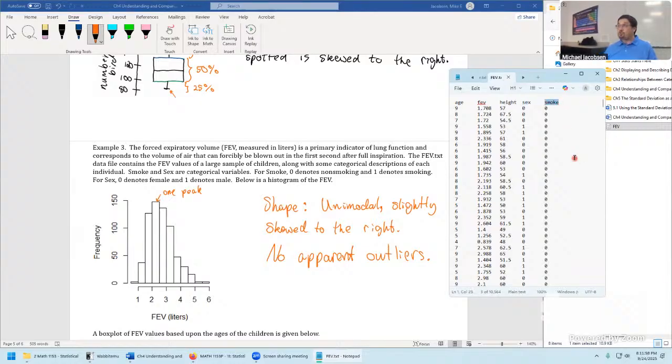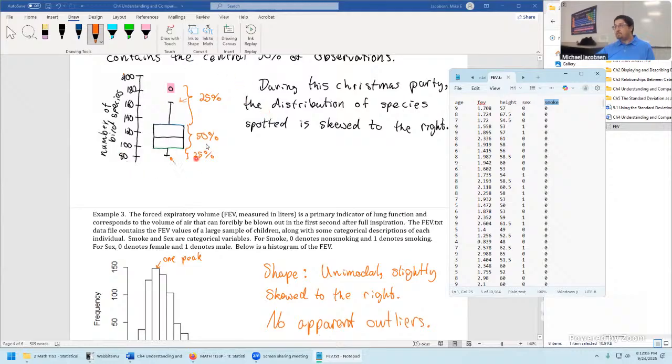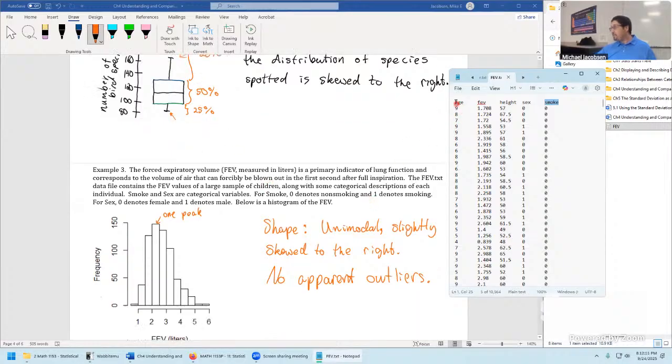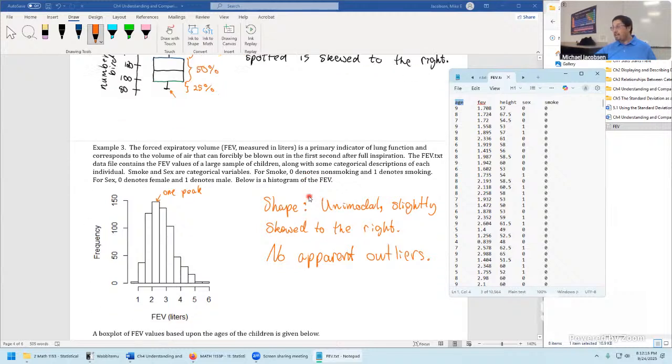Let's see how strong lung strength is when they did not smoke. That's the 0 versus when they did smoke. We would have box plots like these side by side, and we can see relationships in the data that way. Or why not age? We're going to go for age on our next graph that we are going to take a look at. But first, any questions with the histogram or any of the context at the moment?